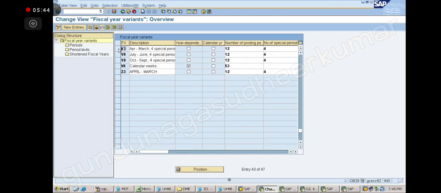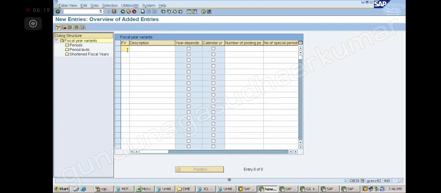No restriction. If we give V3, will it show an error that this fiscal year is already used? See, a fiscal year you can use for n number of company codes, wherever it is April to March. Yes, there is no restriction. I am not asking you to go to new entries and create V3 again.